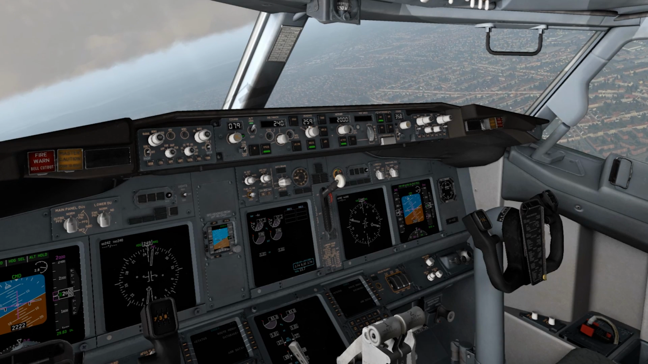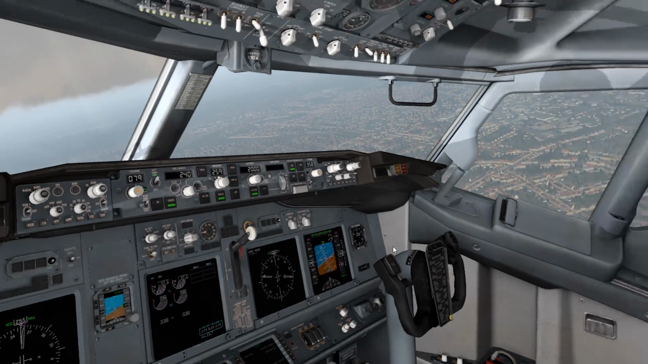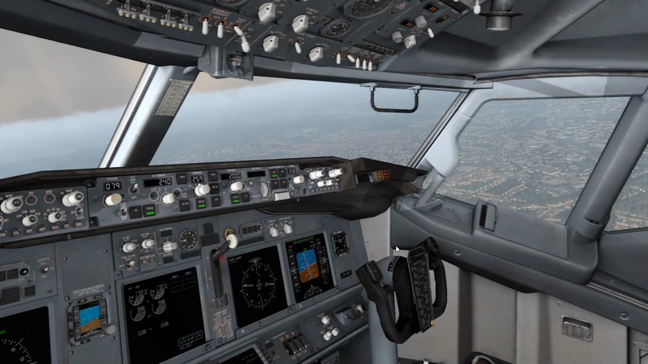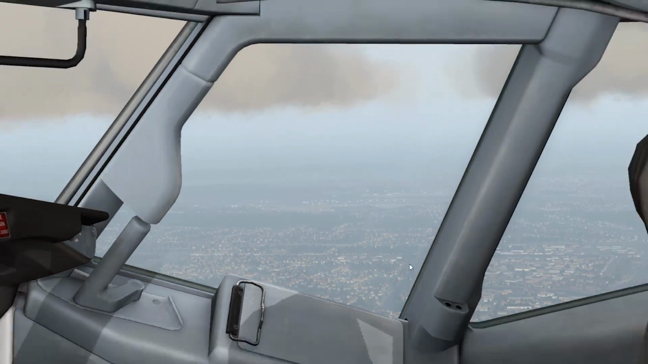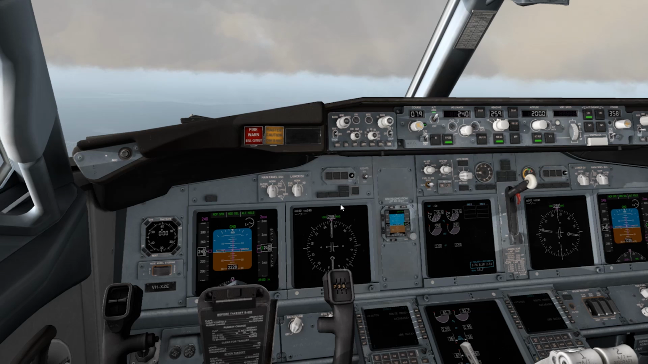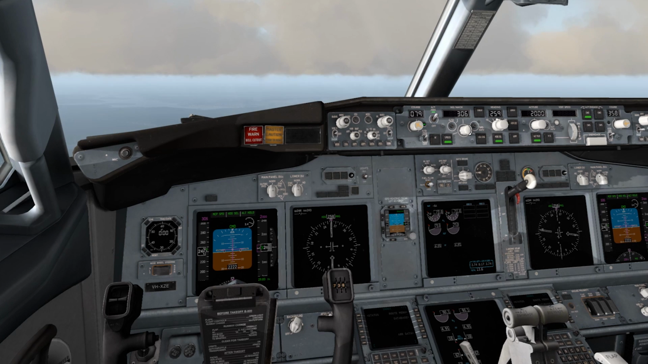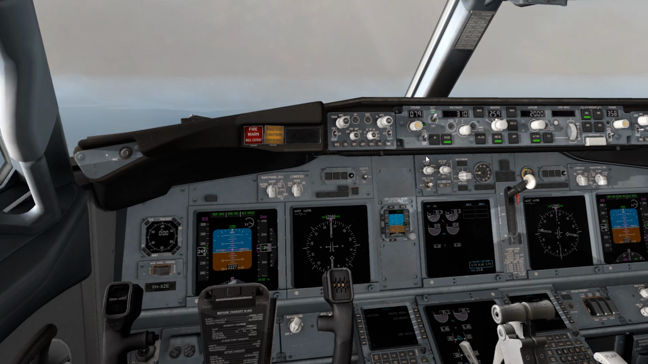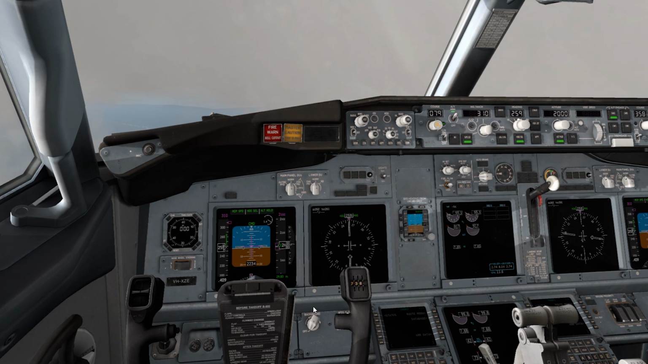Okay, so as you can see, we are now backtracking. We should be flying parallel to the runway. Oh, there it is. So there's a runway. We're now flying parallel to it. Let's make this process a little bit faster by increasing our speed to 310. As you can see, we lost the diamonds, the localizer and the glide slope diamonds. That is because we are really off